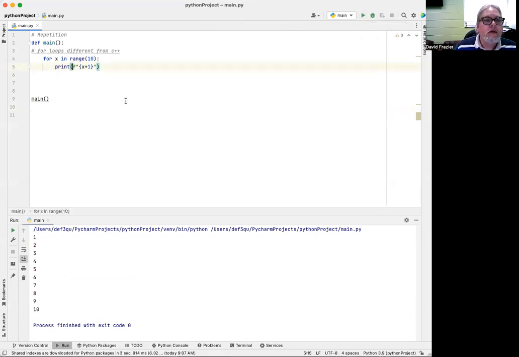Or probably a more straightforward method would be just to change this to 1 as my initial condition, up to but not including 11. Okay, that gets us 1 to 10. So that's how those work. Pretty basic. Okay. As far as the while loop,